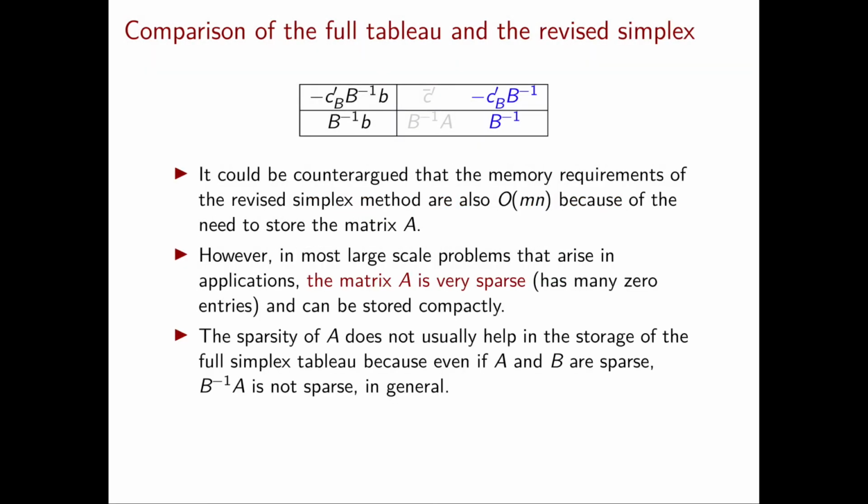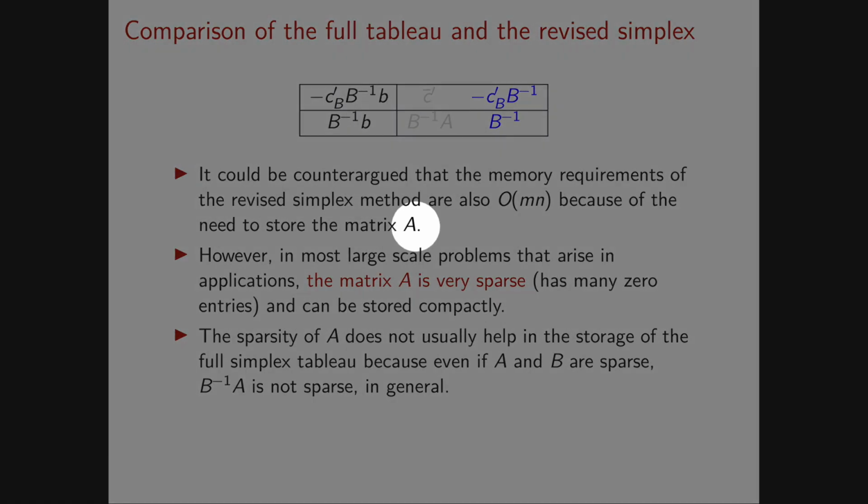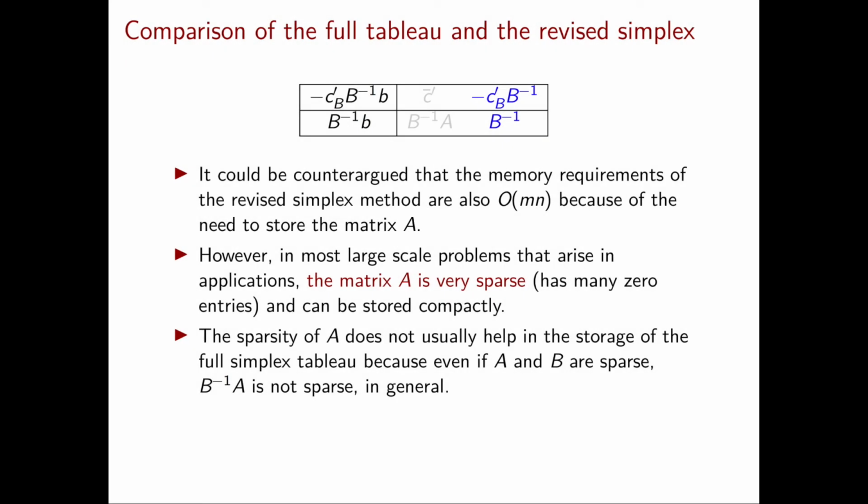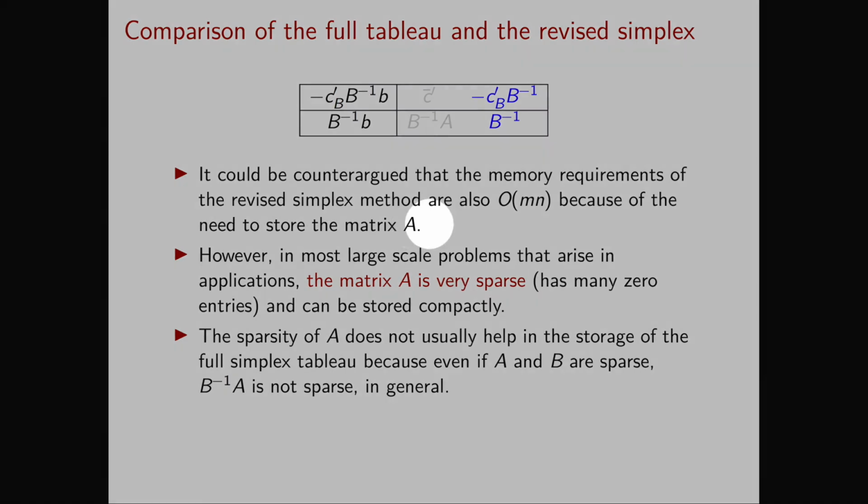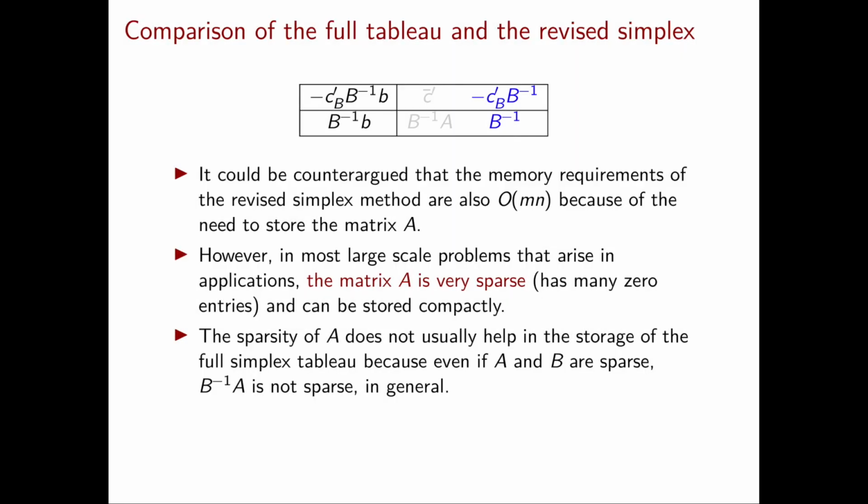At this point, if you stop and think for a minute about what we just said, I'm sure you will have a question. Namely, how is it possible that the memory requirement is big O of m square, where even just storing the input of the problem requires big O of mn? Simply because the matrix A is m by n. And you would be absolutely right. For a general linear programming problem, you need big O of mn just to store the matrix A, even though later, with the revised simplex method, at every iteration you only need to update big O of m square numbers.